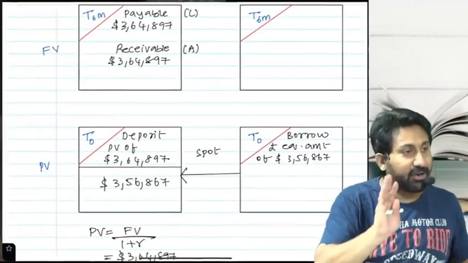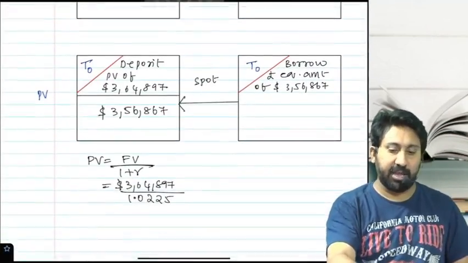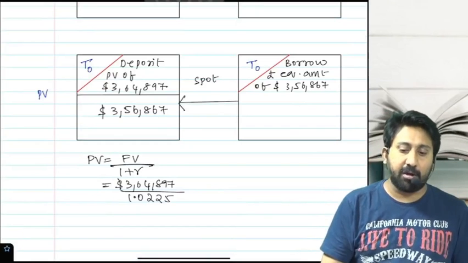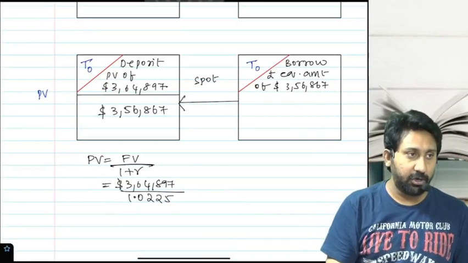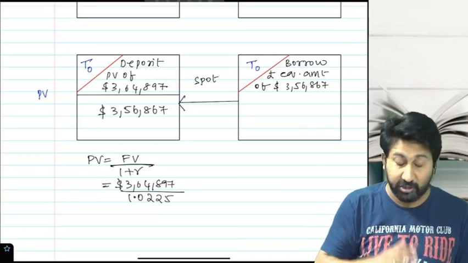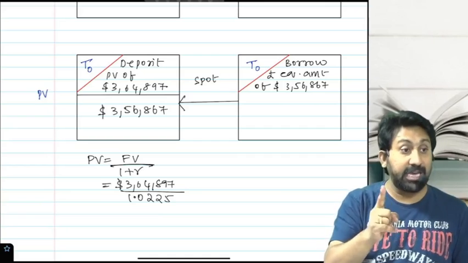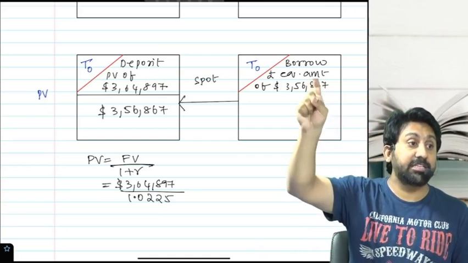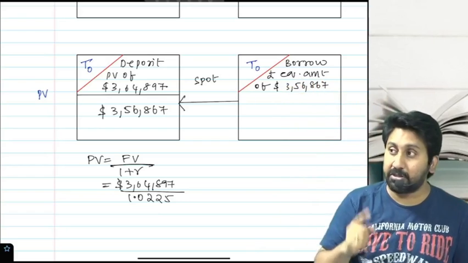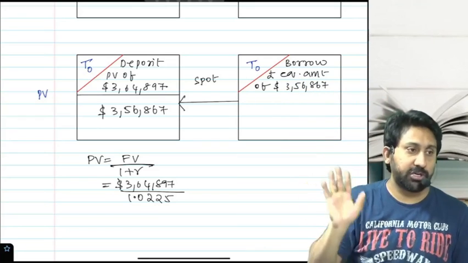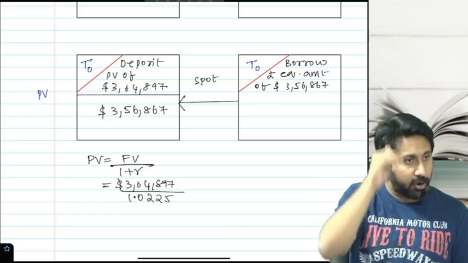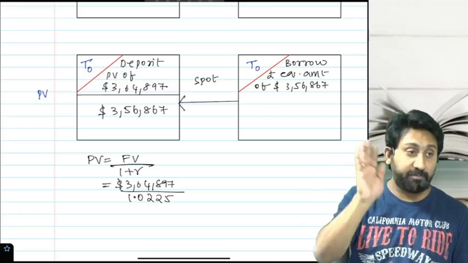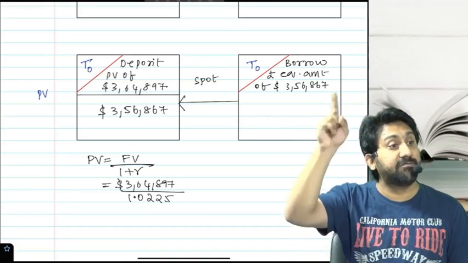A very litigant question is asked in exam. Listen carefully to the question now. First, point number 1: tell me, we are borrowing in which currency? Dollar. Okay, we are borrowing in which currency? Pound. Equivalent amount of how much? 356,867. The pounds borrowed should be converted, which means how many pounds we need to borrow is the question now. When you are borrowing, at spot you will borrow that much amount of pounds, which after conversion will be converted into